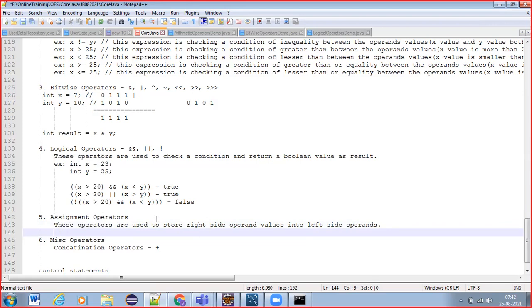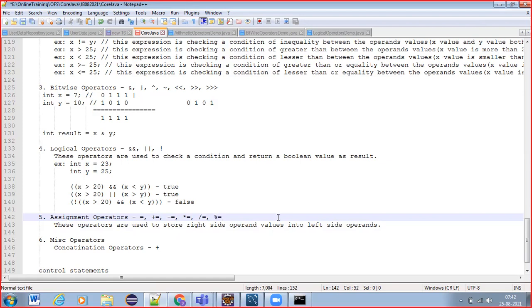What are the assignment operators that we have? The regular assignment operator that we are using so far is equal to. Single equal to is the assignment operator. Double equals to is a relational operator. And we have plus equals to, minus equals to, multiplication equals to, division equals to, and even modulo equals to.